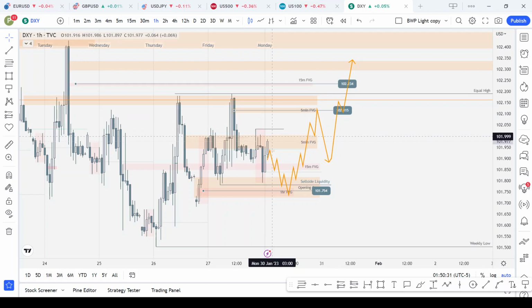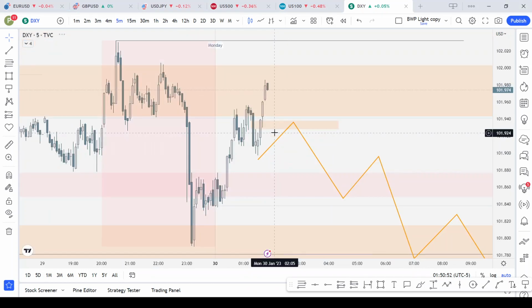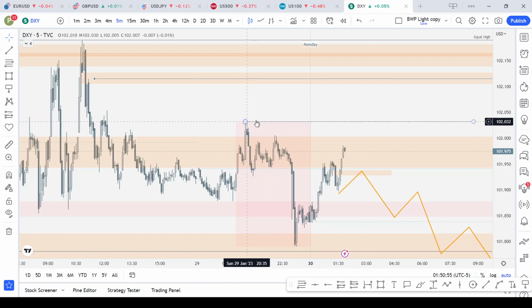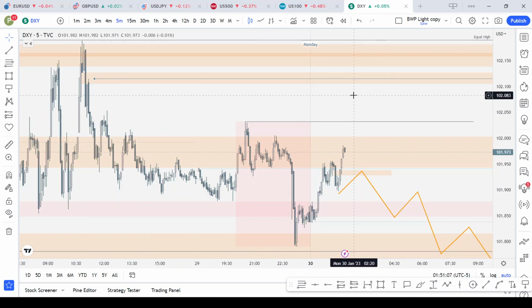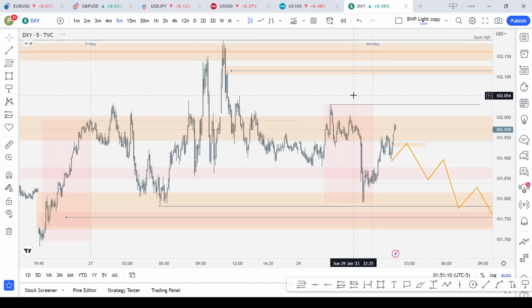I like what I'm seeing so far on DXY, but I don't like how it is rallying to the upside. Let's check the 5 minutes. This high, I wouldn't want to see that high taken. We have another short-term high here, so this is like a relative equal high. If that high is taken, then it becomes more likely to